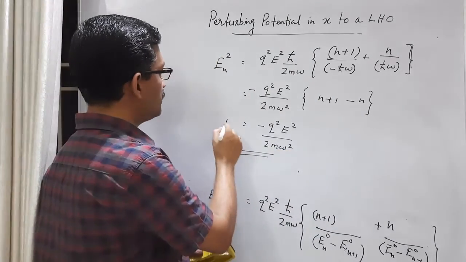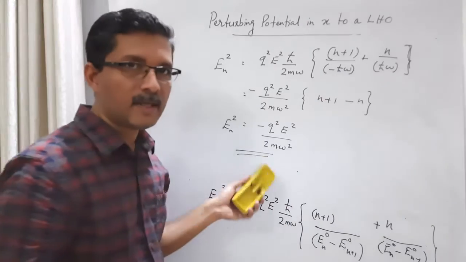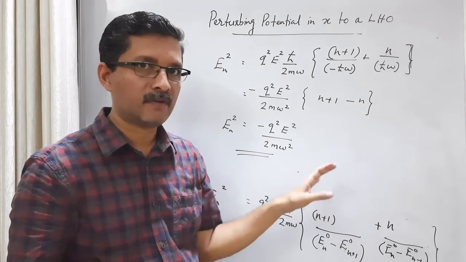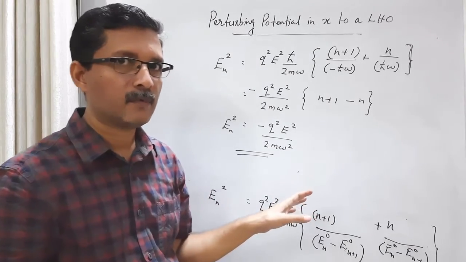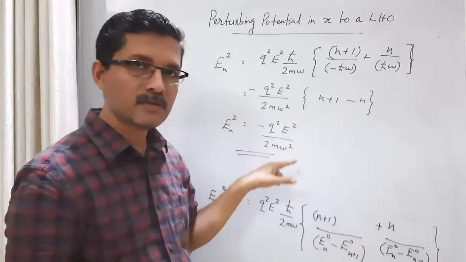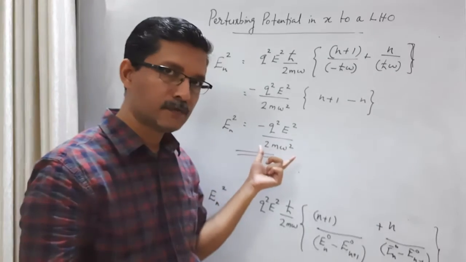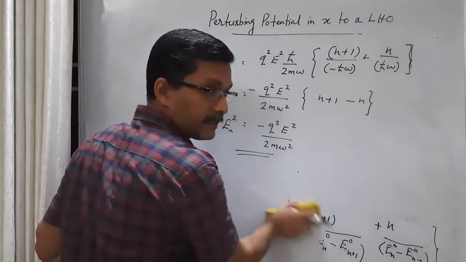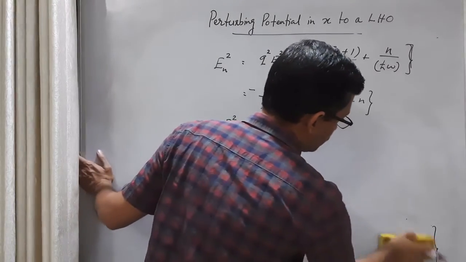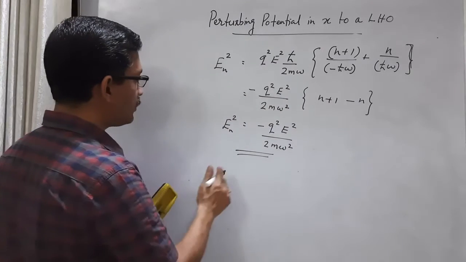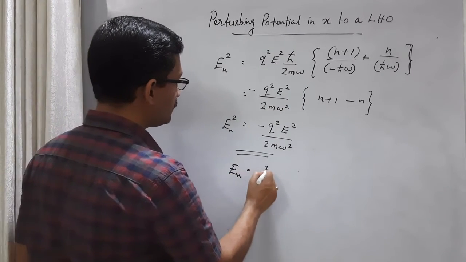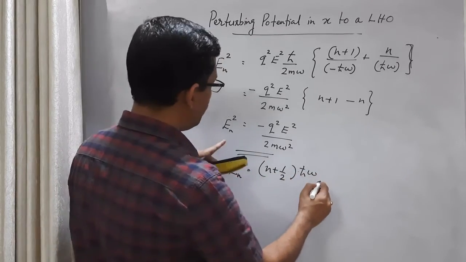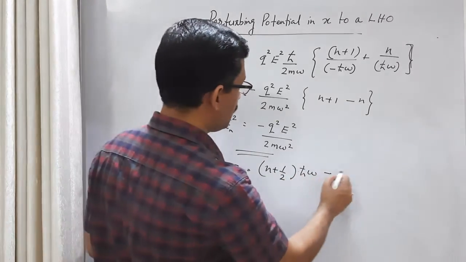Look at this second order correction in energy. This is the same as the exact result that we have obtained in the previous discussion. The energy values of the Hamiltonian are lowered exactly by this factor. So here the perturbation theory gives you the exact result. So what is the total energy of the harmonic oscillator? The energy of the unperturbed harmonic oscillator is this, plus the second order correction. The second order correction is negative.